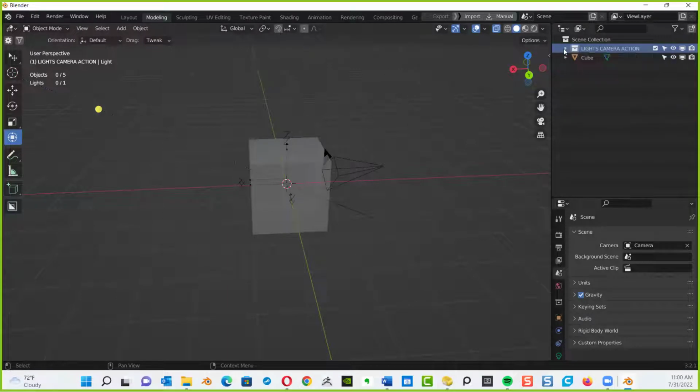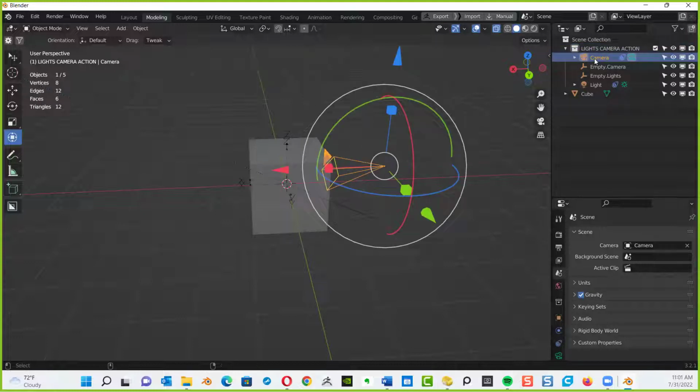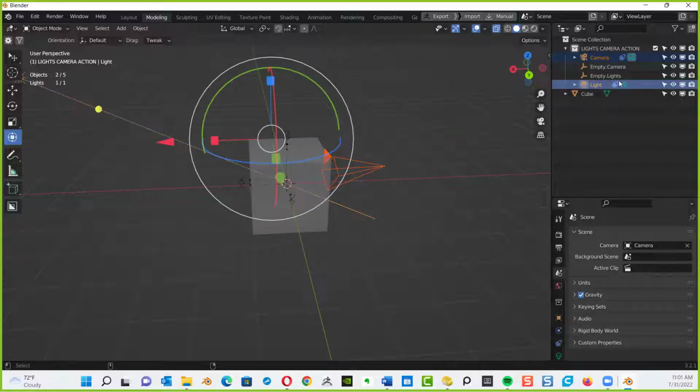Steve, I wasn't able to do the grouping. So you want to watch me again, then go back to yours? All right. What you're doing is selecting the camera, hitting the Control or Command key, and selecting the light, so they both are selected. Then hit the M key on your keyboard for man, and that's the shortcut for making a new collection. So left click on new collection, and then rename the collection Lights, Camera, Action. That's it.